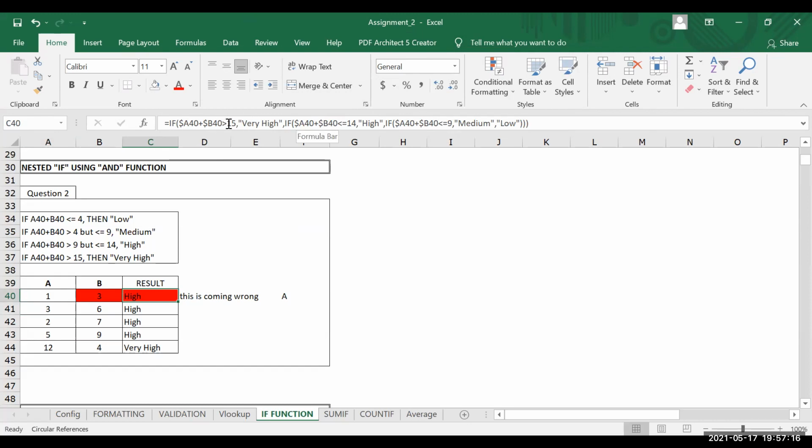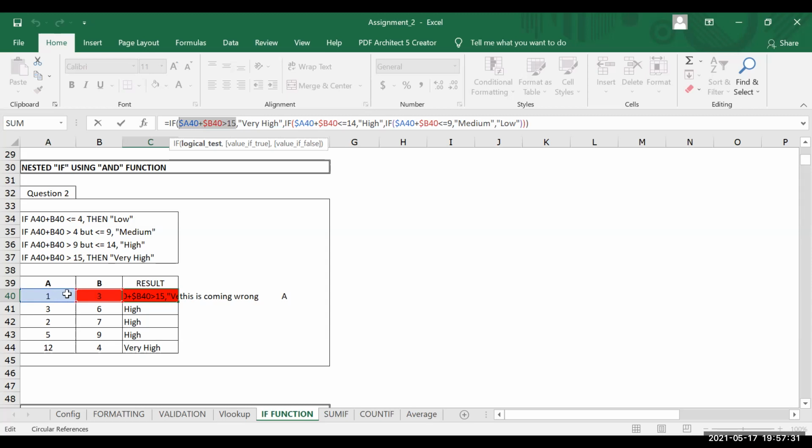First, Excel comes here and checks the condition: this plus this greater than 15. The condition gets false, it is not greater than 15, so it jumps to the false branch.